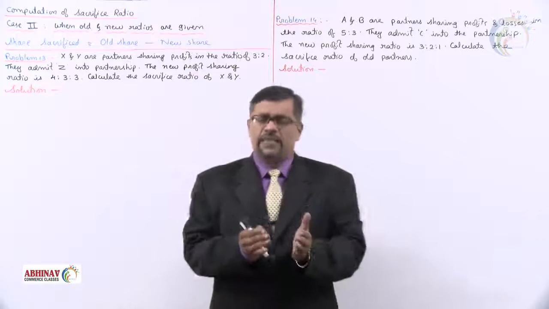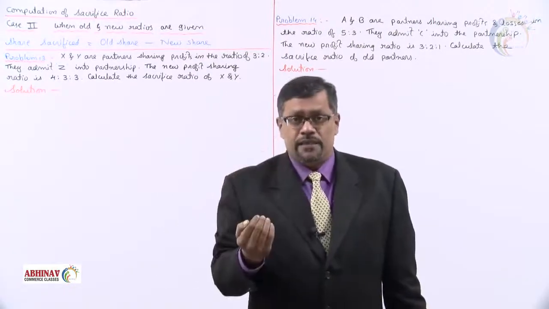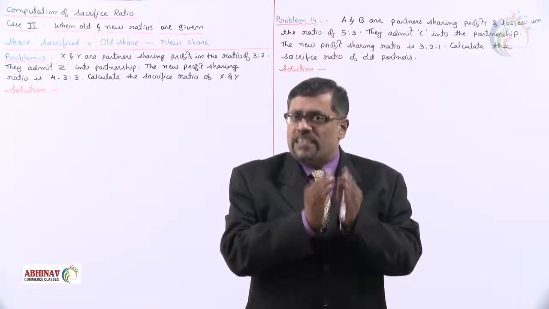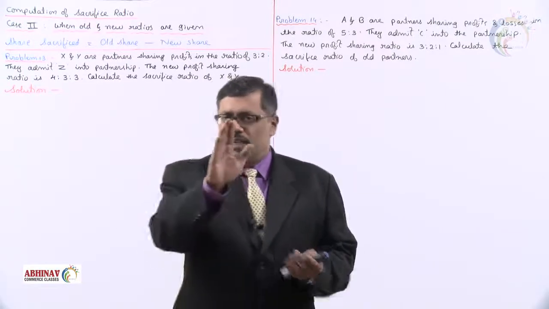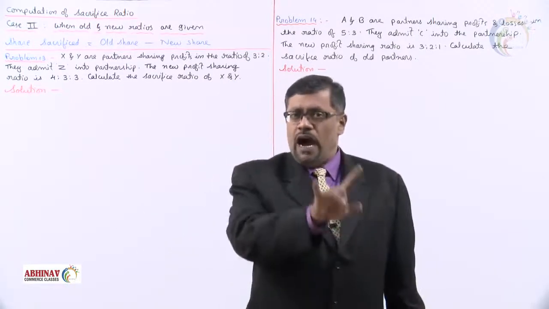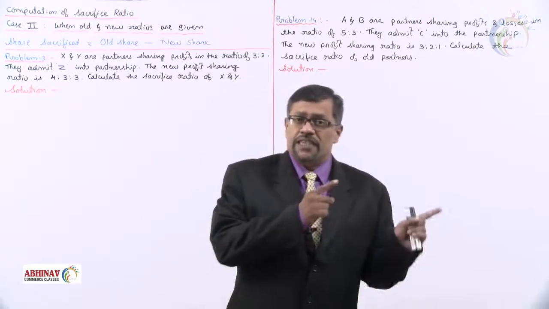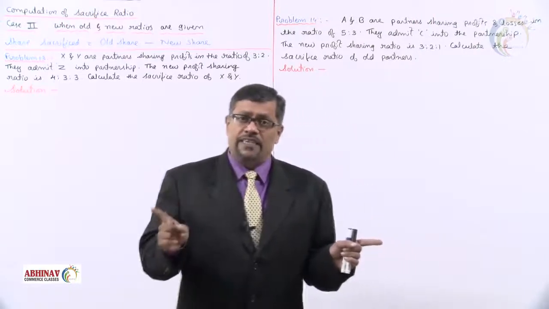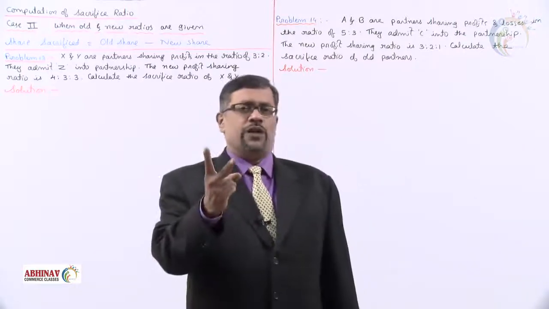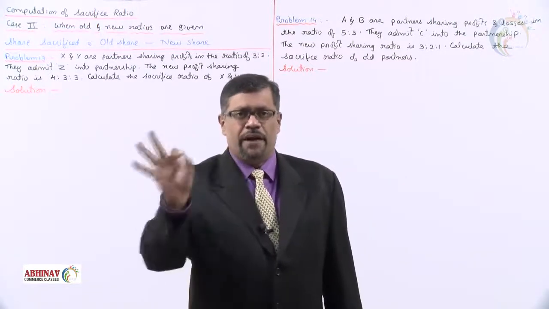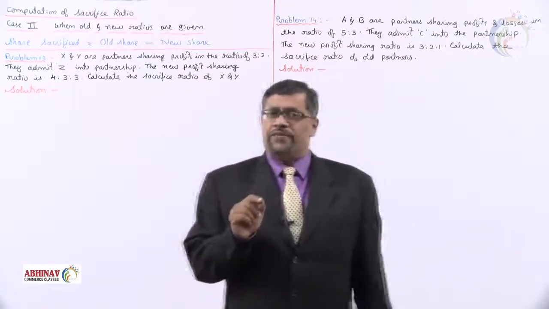It's like a partner is getting a share of 10,000 rupees when the new partner is admitted. What the old partner is getting, 10,000, of that he will give some share. That is what is share sacrificed. His old share is 10,000. After sacrificing, his new share is 8,000. That means how much he has sacrificed? 2,000. How we get it? Old share minus new share. That is what we do, but not with the amounts, with the fractions.